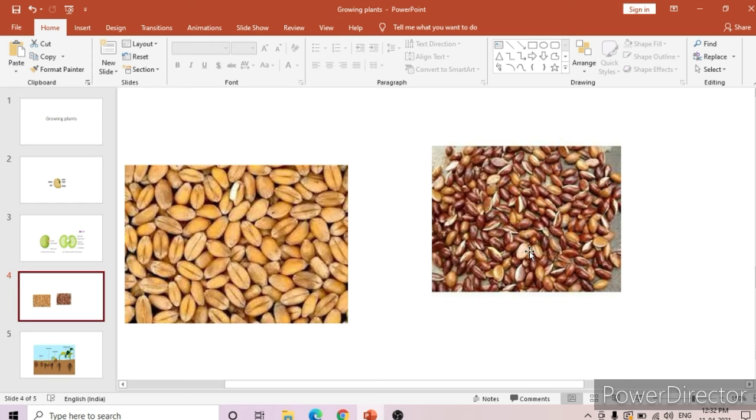Now we will see a few examples of dicot seeds like peas, groundnuts. These are all dicot seeds, which we can open into two cotyledons, and they too have a seed coat and cotyledons. All the parts are the same in monocots and dicots. The only difference is that monocots have only a single cotyledon, whereas dicots have two cotyledons. So whenever we are growing plants, we need to grow them